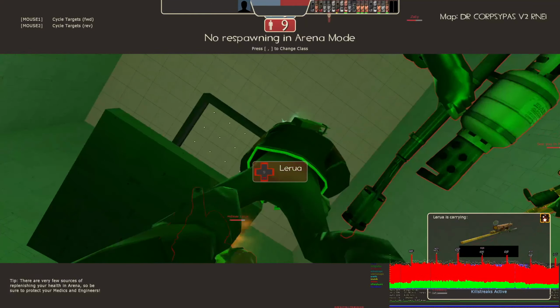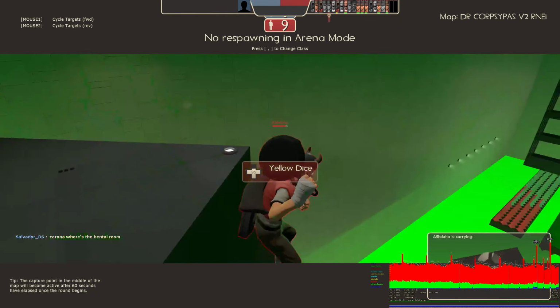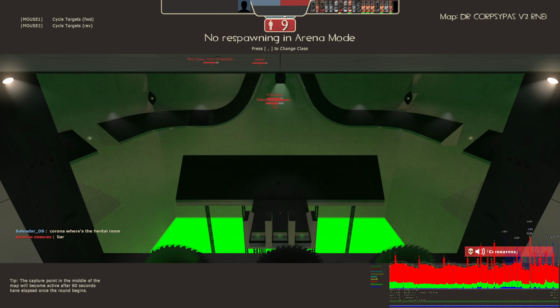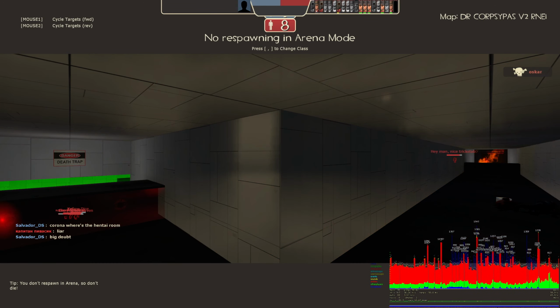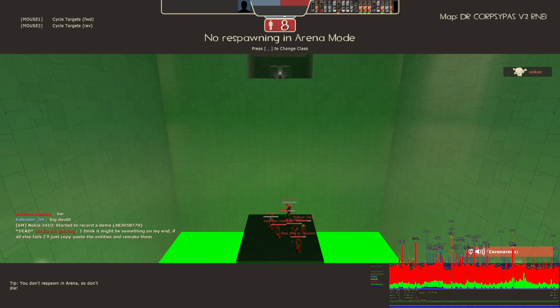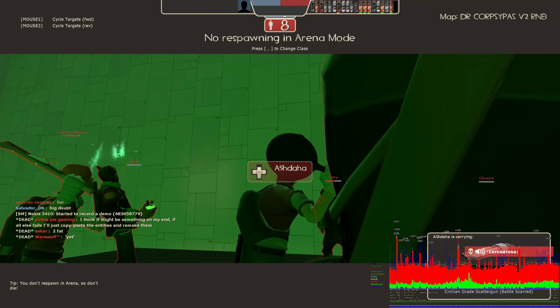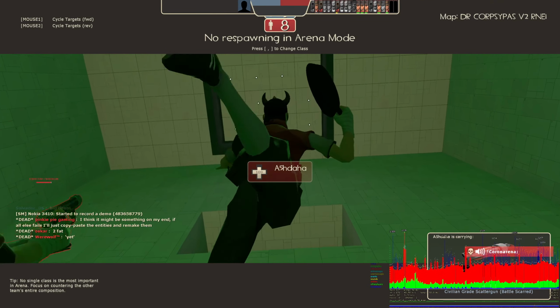What's happening? Oh, I see. There is none of that. I actually haven't added any secret rooms yet. No, I can't really do this one once someone else is playing the game. I don't really want to. Although there is a little secret that you can teleport to once you have beaten the map